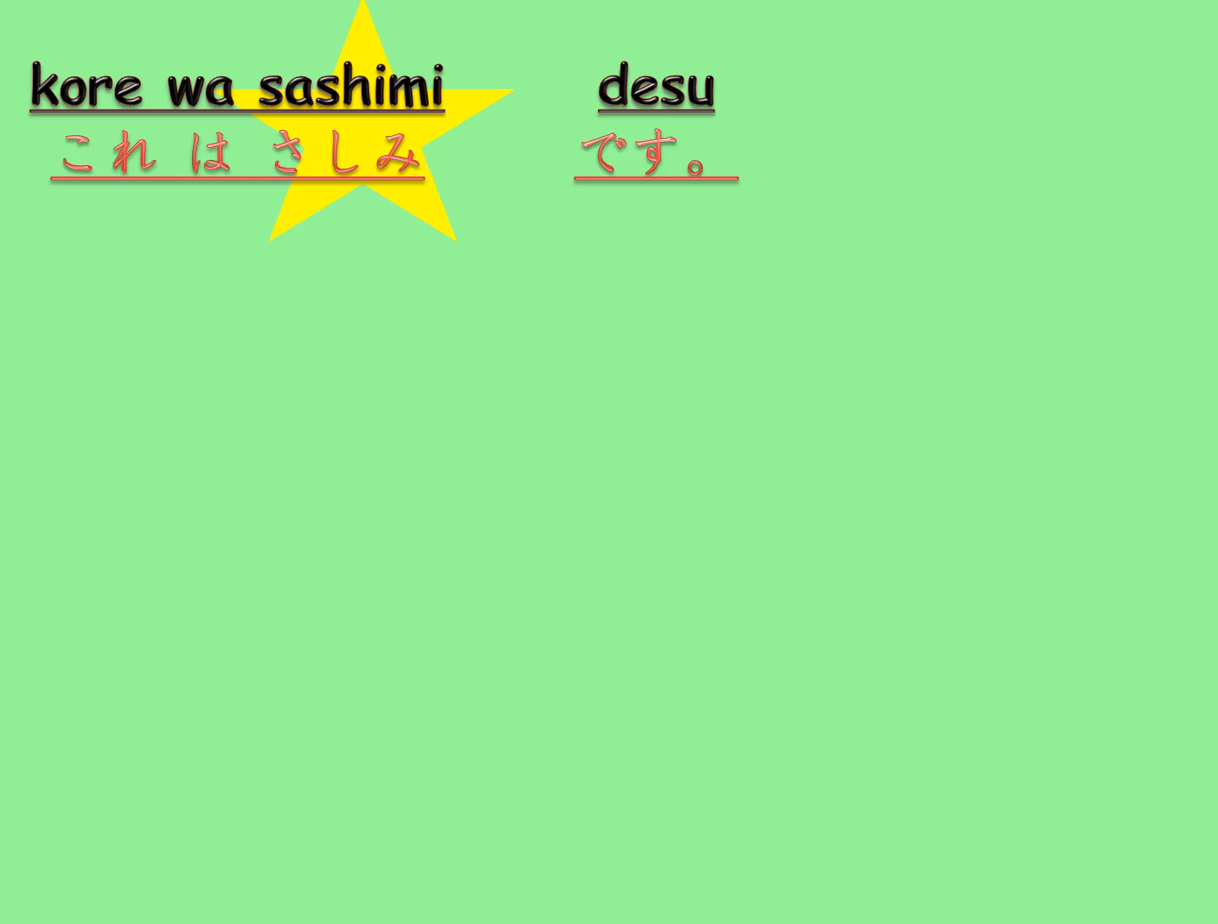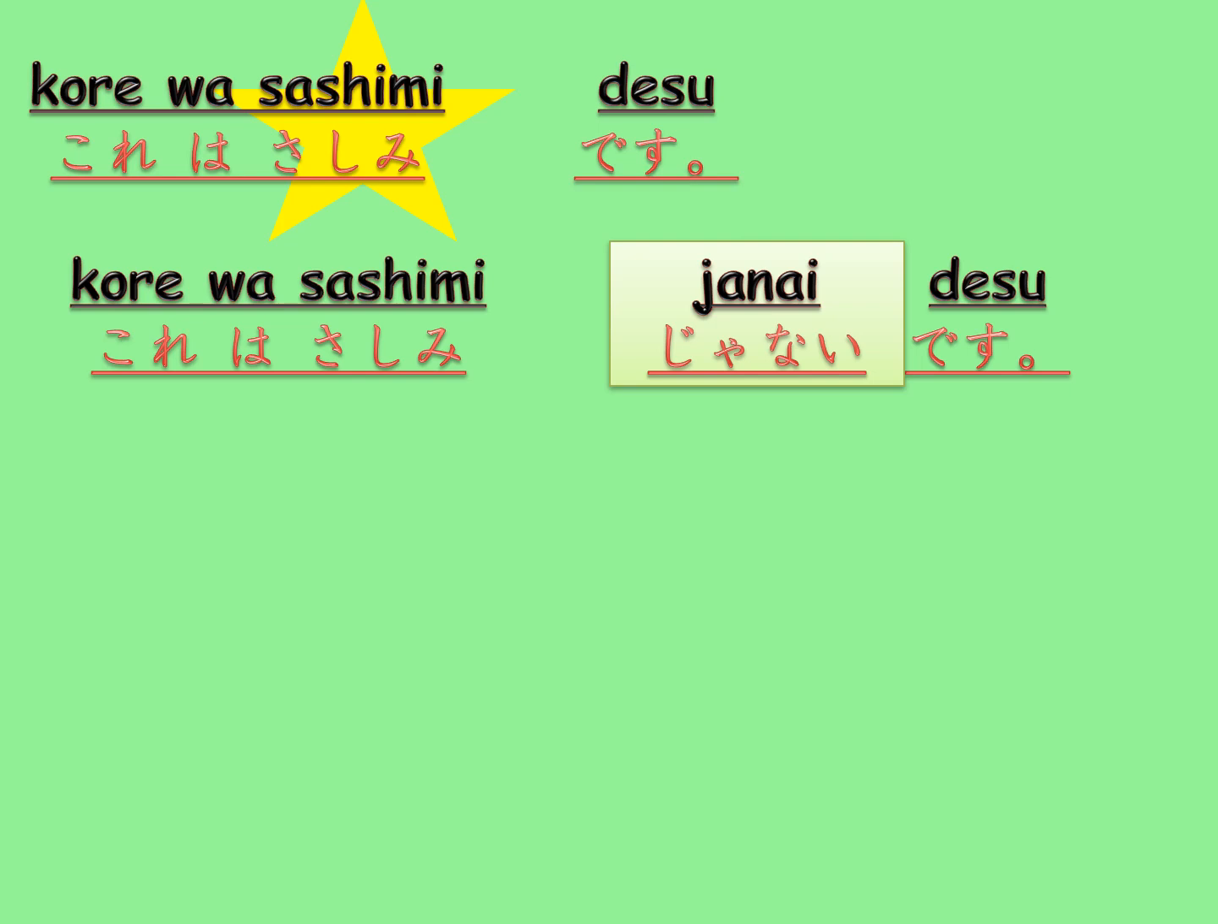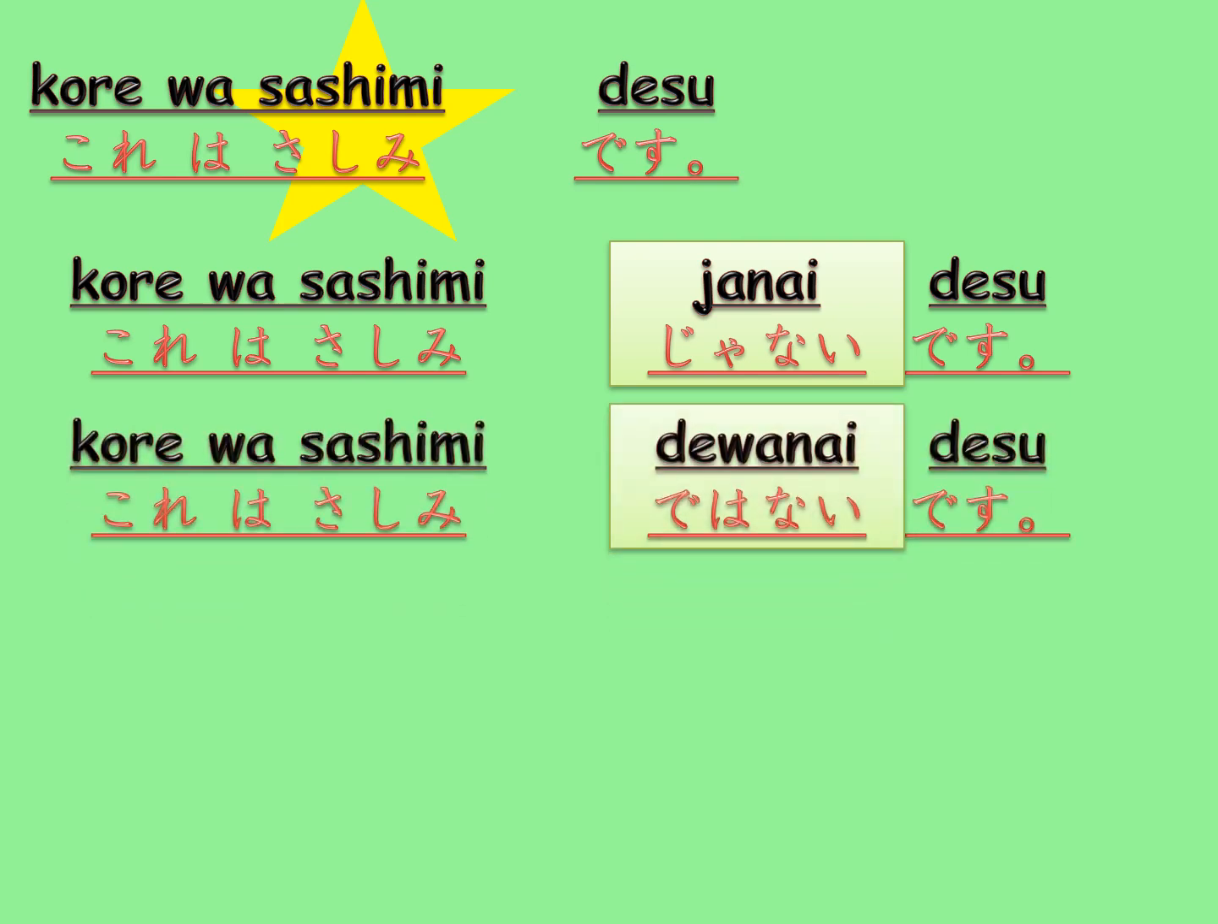Okay, from here, this is a bit more advanced content. これは刺身です means this is sashimi, and sashimi is a noun, so if you want to say this is not sashimi, you can say これは刺身じゃないです。However, じゃない is a bit casual way of saying ではない。